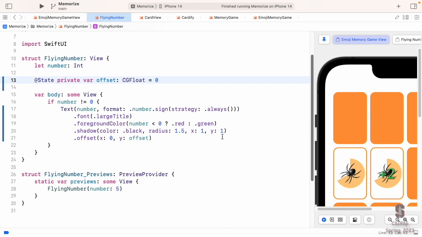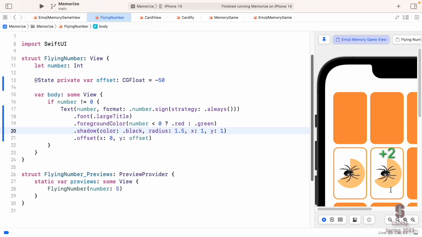Let's change it to be -50. Okay, minus 50. It wasn't at 0, it was 50 points up. So we're pretty sure that this offset works. Again, minus means up in iOS because our coordinate system is upside down.